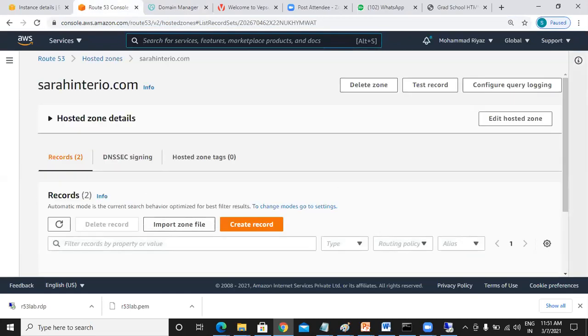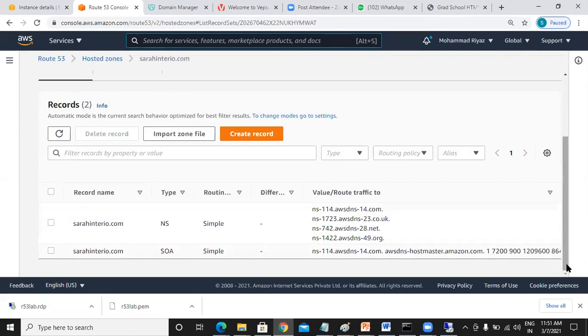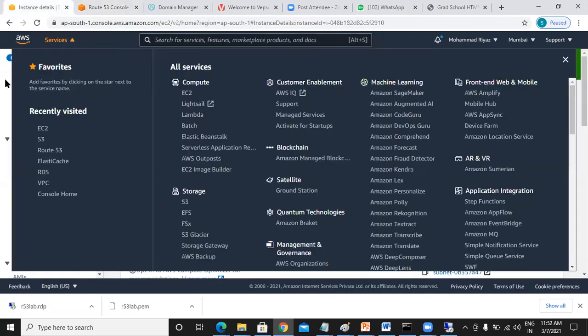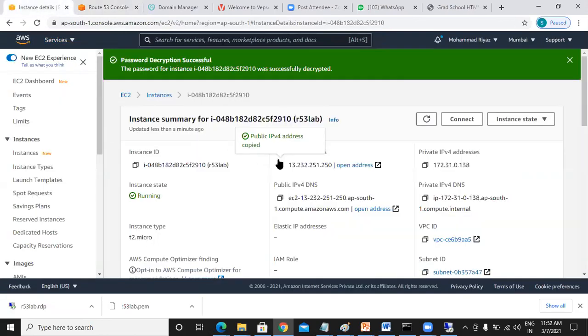Okay. Now scroll down. Now what should I do? I should create a record. Click on create record. So what is the IP address of your website? Instance details. 13.232.251.250.